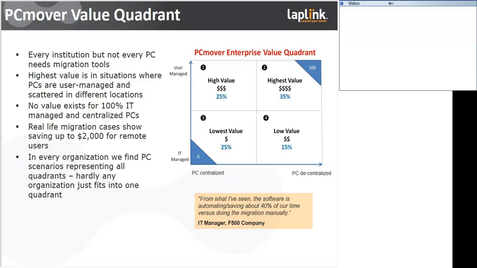I was talking with a worldwide chemical firm where they said, well, PCMover is not for us. We manage our PCs very tightly. Users cannot do anything. It is just a tool for them. They cannot change anything. And after some discussion, we discovered that, of course, their IT management is not the same